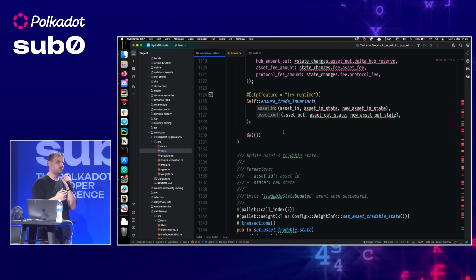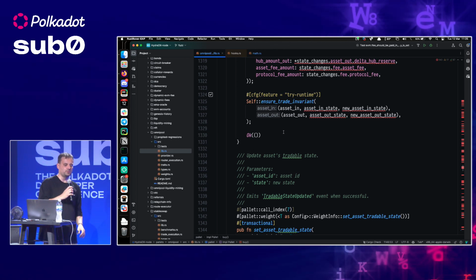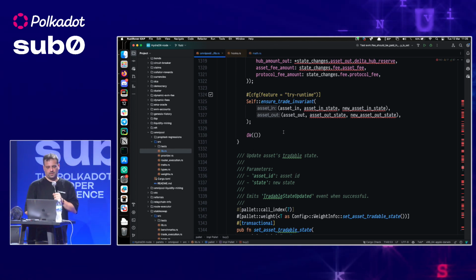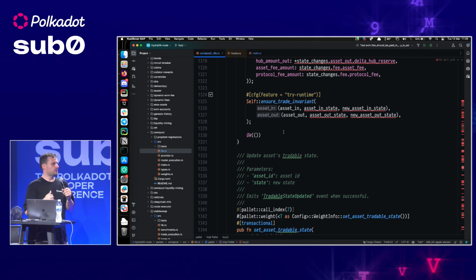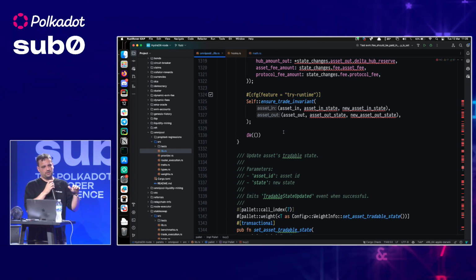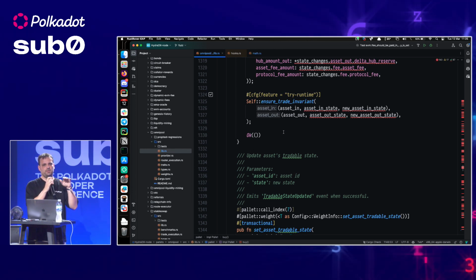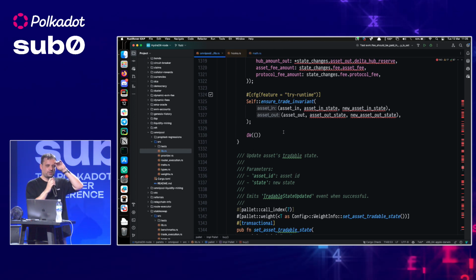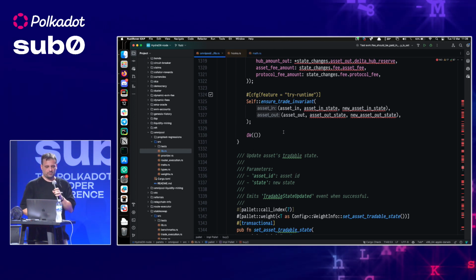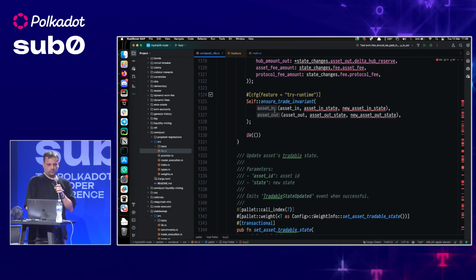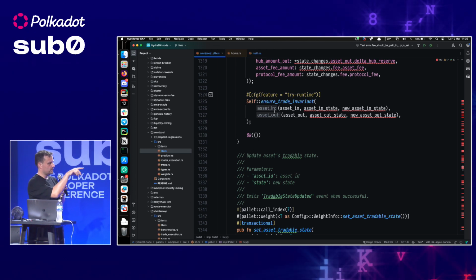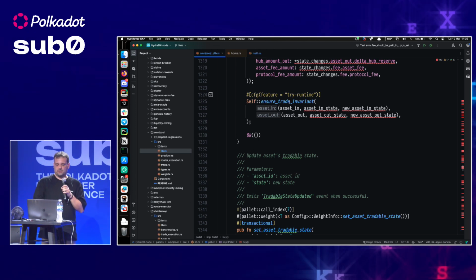But you don't really want this to be part of your production code, right? So you can hide it behind try-runtime features because the substrate runtime fuzzer builds your runtime with try-runtime features because it takes advantage of certain features it provides. And one of them is that you can stick these little checks in here,